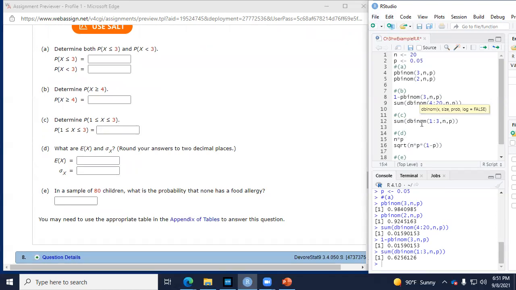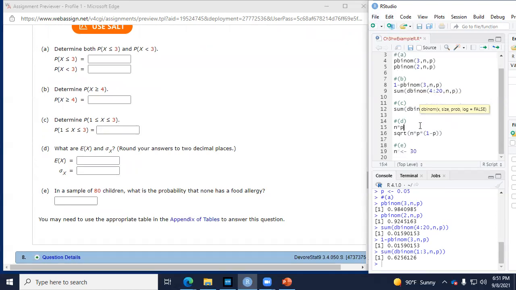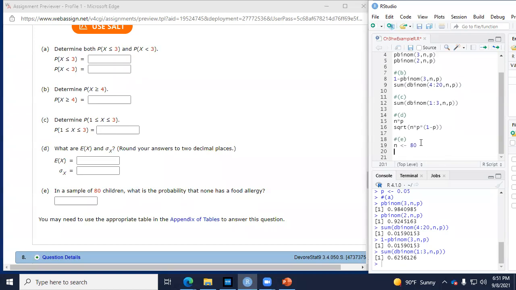None of them have a food allergy. So now N equals 80. The probability of 0 would be,